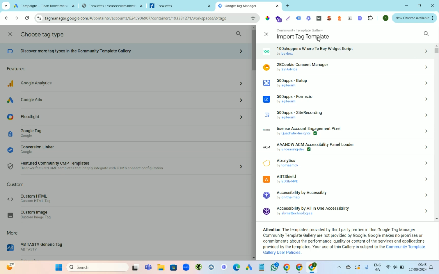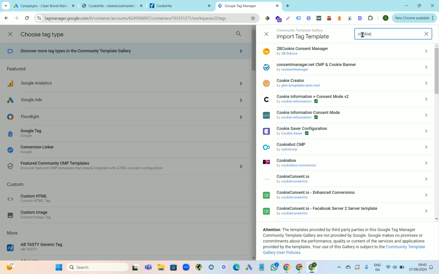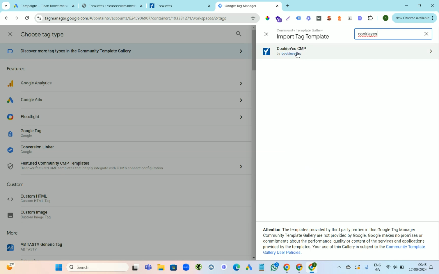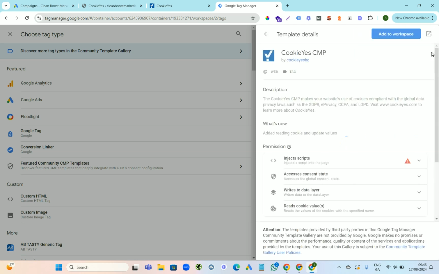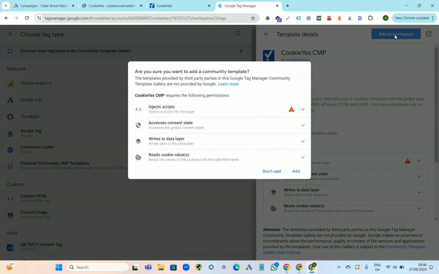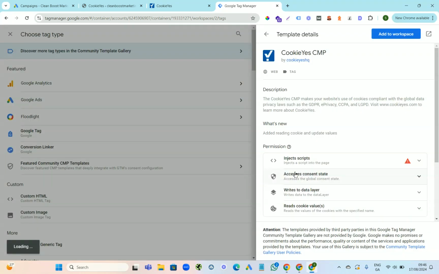and we're going to wait for this to load, and then you go to the search icon up here, and we press that, and we're going to type in cookie yes. I know the plugin is called yes cookies, but we're going to copy what's up here, and we're going to type in cookie yes. Cookie yes CMP, that's the one we need, and we just click on this, and then we're going to add to Workspace. And we're just going to come down here and press add,